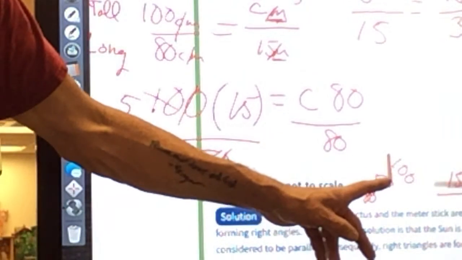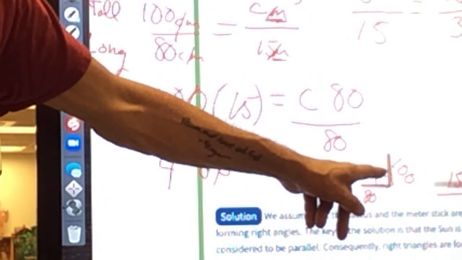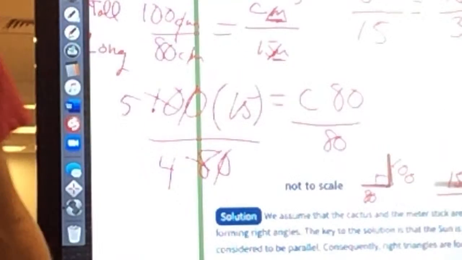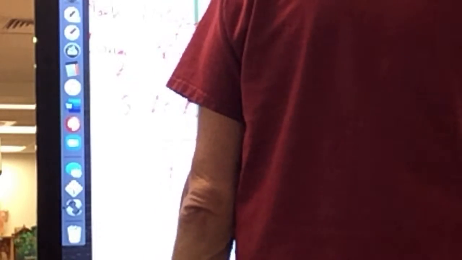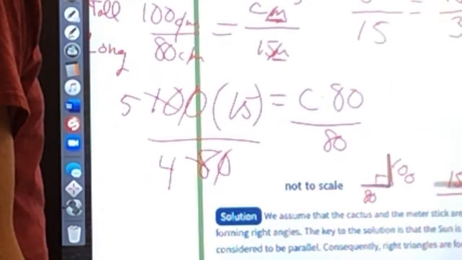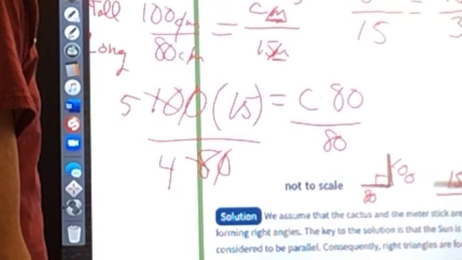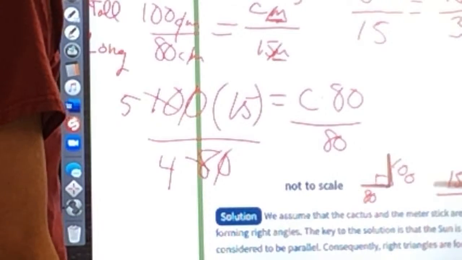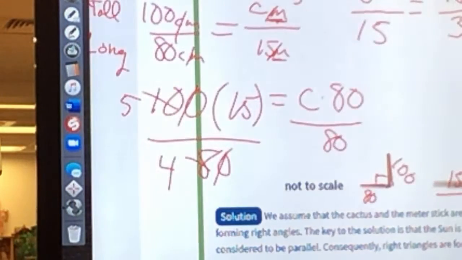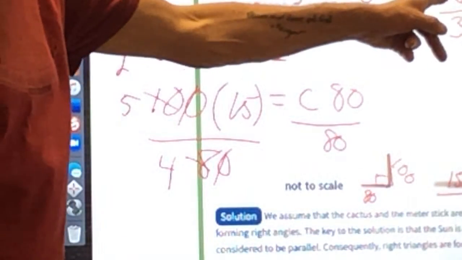So that's what we would multiply the 100 by to make it bigger and turn it into a cactus. So we can take that 16 thirds and multiply it by 100. Where did you get 16? It'd be 15. No, 16. Okay, so where did it come from? The 16 comes from